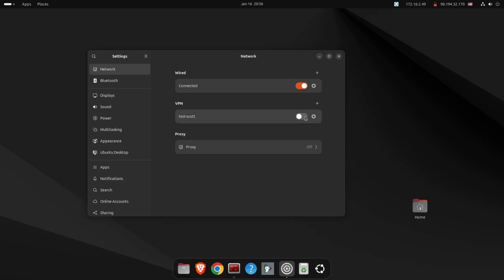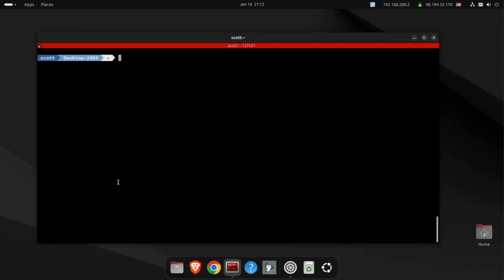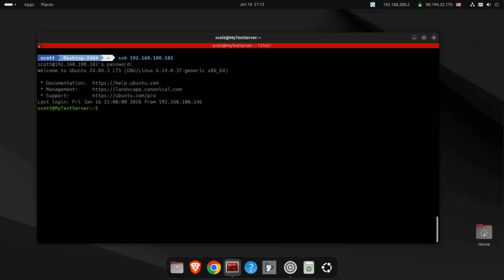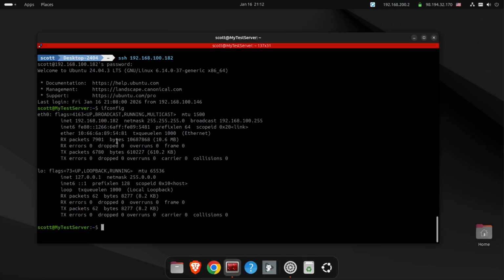If I go down here and turn this VPN on, it will go ahead and update that, and it gives it the address of 192.168.200.2, which you'll recall was that VPN user's address on the test VPN server. If you'll recall, the test container that I had on the test VLAN is addressed at 192.168.100.182, and if I SSH over to it and provide my password, it will go ahead and log me in. And if I do an ifconfig over here, sure enough, there's the address